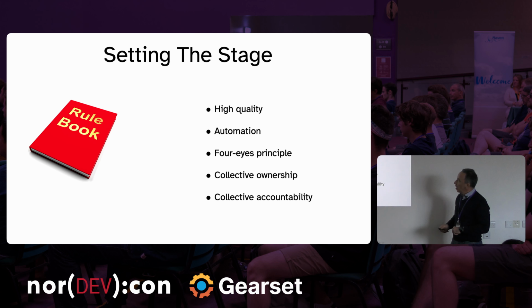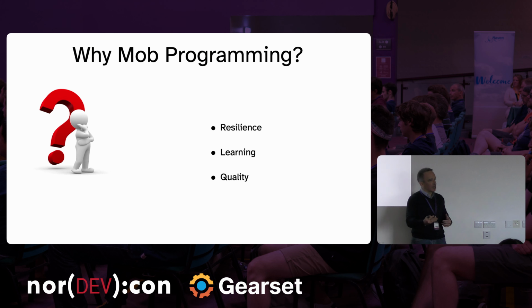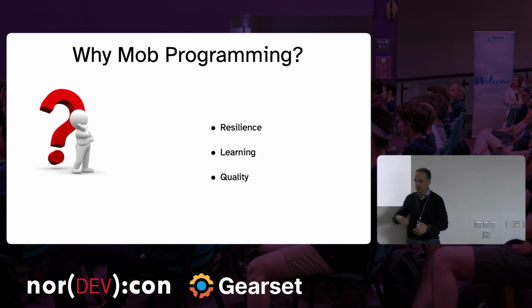Okay? And then why mob programming? So what happened was they said, well, we should at least pair, but what do you think if we try mob programming? And I went, well, never done this. Interested, let's do this. And why did I propose that to the team? Because of, as I said, the resilience. It actually reduces the dependencies on individuals even more than pair programming, right? Everybody knows what is going on.